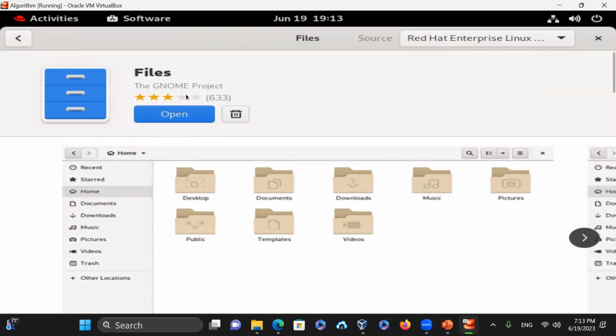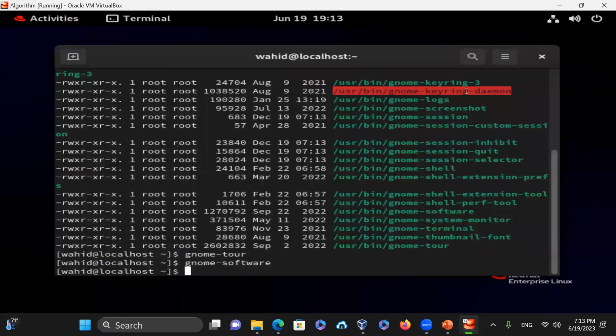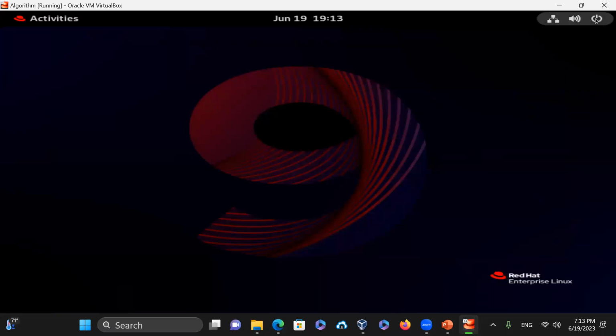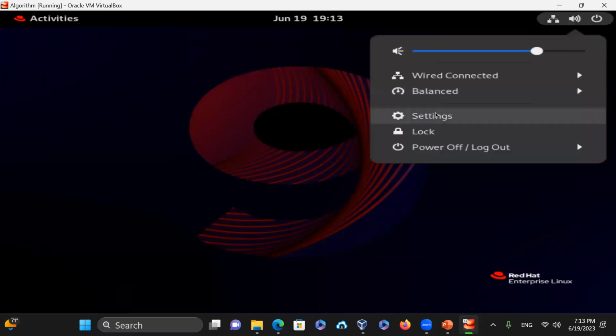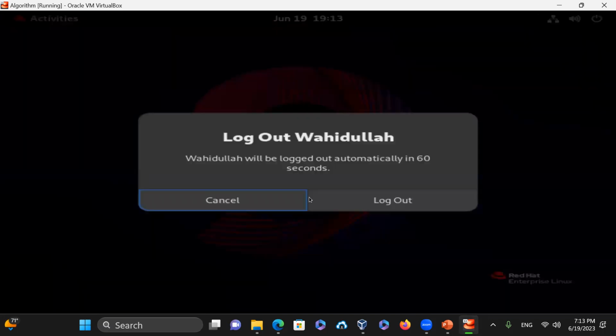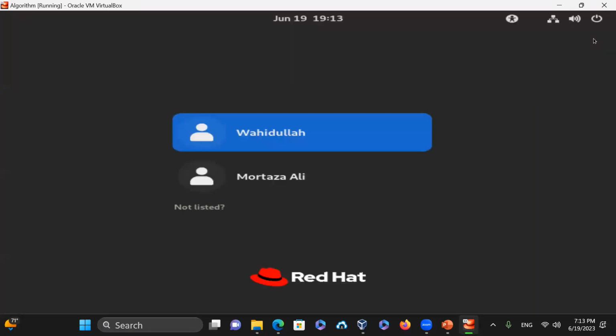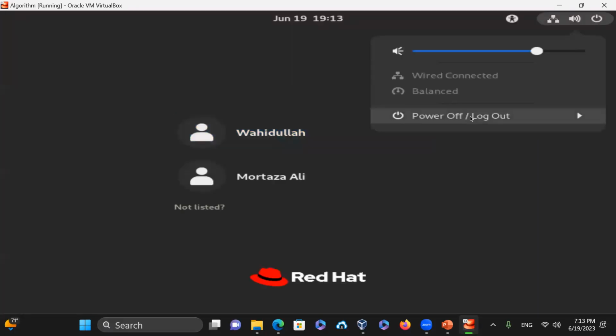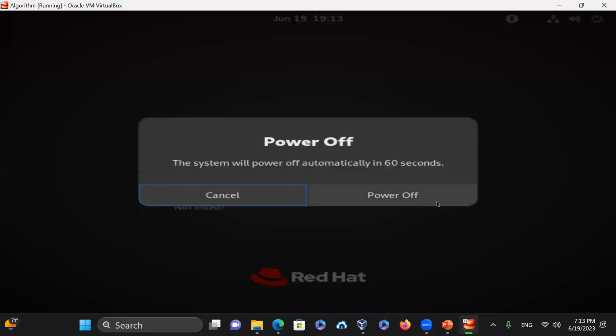And if you want to use it, you just open it. So that is the graphical user interface. And I'm going to exit out of this one. For this, I'm going to log out. Say log out here. And then after you log out, you have to power off the machine. So power off the machine is right here, option here. You could also do shutdown, but you could also click on the virtual machine power off, and this will just